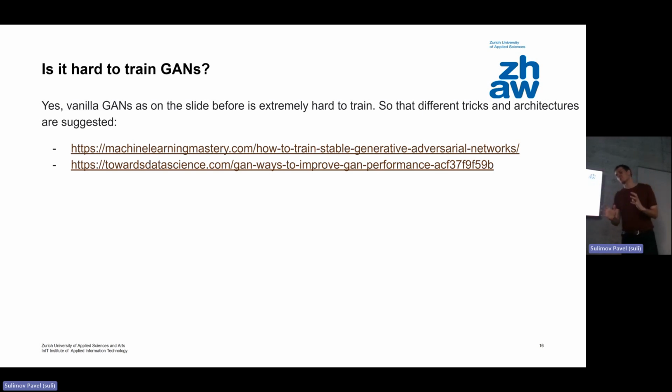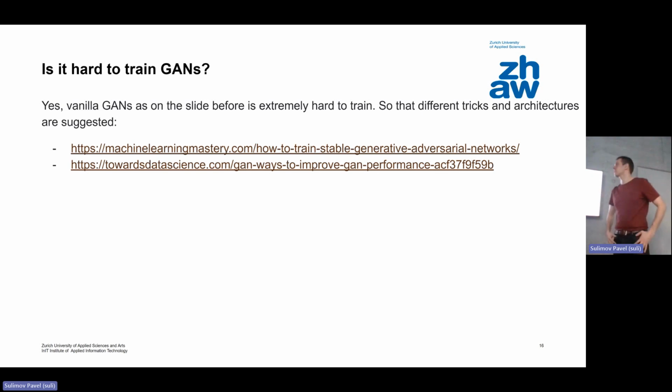There are a lot of opportunities for how to deal with it, how you can make such a so-called alternating training. It means you freeze one of the models and then train the other. You are saying, come on, produce something good. Then you say, stop. Now you try to tell me who is right, who is wrong, who is fake, who is real. You train this model, then you can freeze it and train the other. So there are a lot of methods. You can go through them with these links.